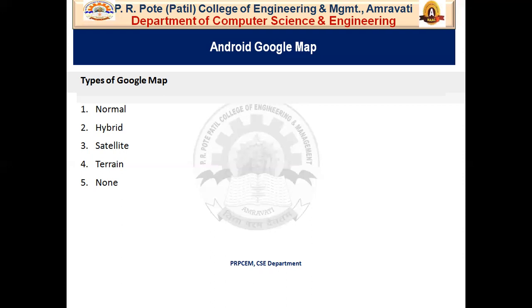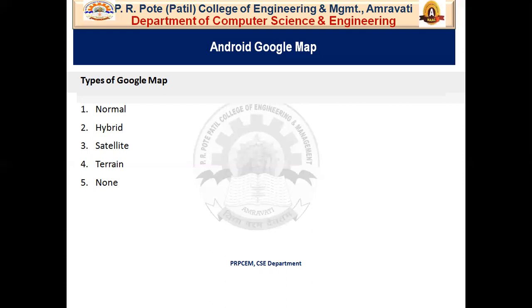So this none type of Google Map displays an empty grid with no tiles loaded. It only shows an empty map. So when it shows an empty map with an empty grid with no tiles loaded, that means it is a none type of Google Map. So these are the basic 5 types of Google Map.